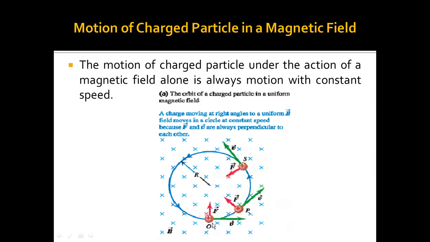So this means that the motion of charged particles within a magnetic field is always motion with constant speed along a circular path, or circular motion. The charge moving at right angles to a uniform magnetic field moves in a circle at constant speed because F and V are always